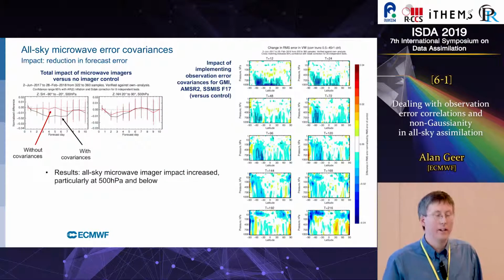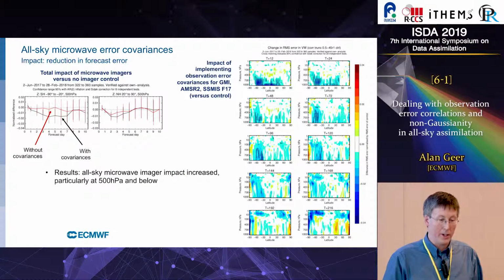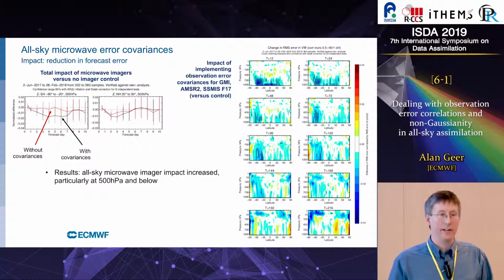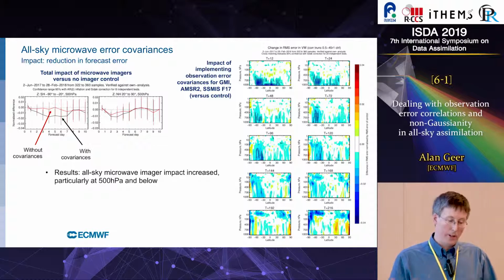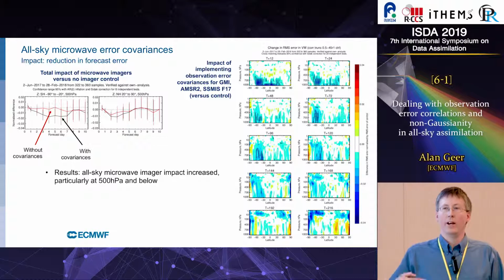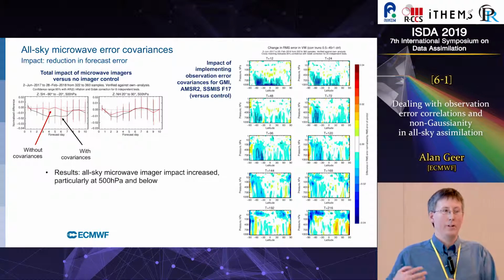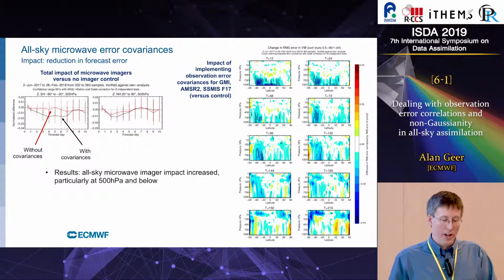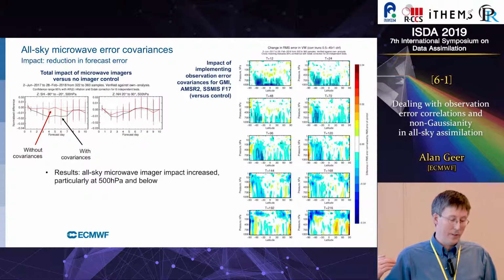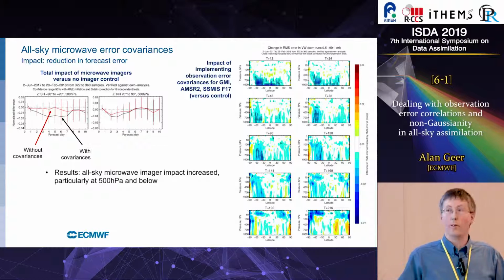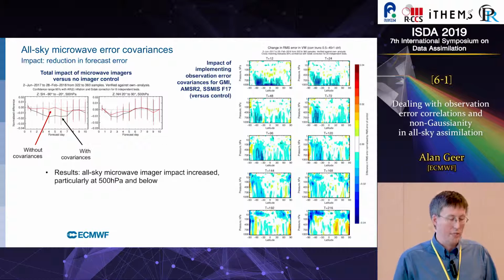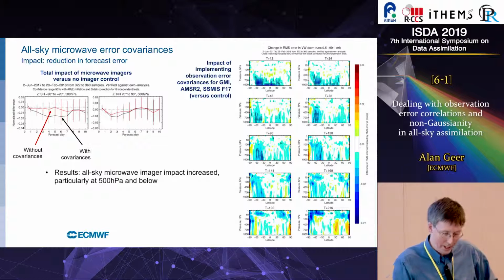And the results of that are, to cut a long story short, very good. This is applying that correlated error model. So on the right-hand side, that's the impact of going from the existing use of the all-sky microwave images with a diagonal error model to now an interchannel error correlated model. And blue is good. Blue is reduction in forecast error through time windows out to at least 5 days. On the right-hand side, you've got the total impact of the microwave images for regional scores. And again, you can see round about a 1% improvement going to correlated errors.